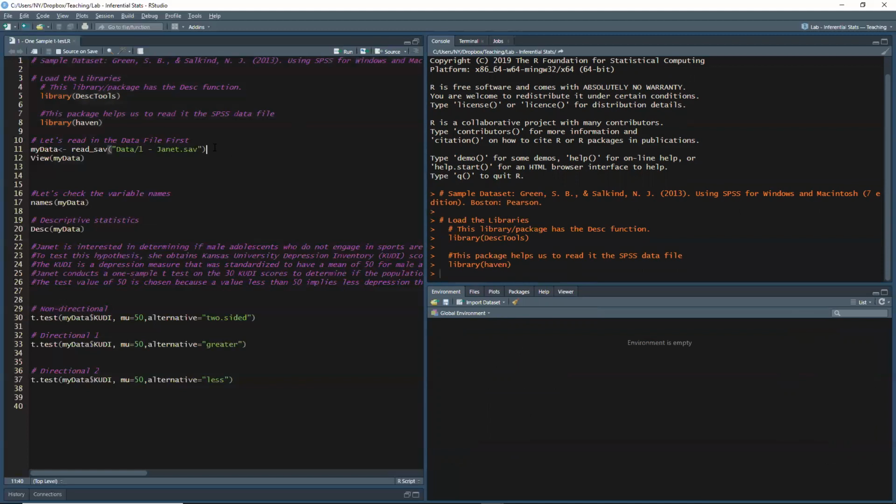Line 11 helps us read in the data set, but let's do it step by step. My data is how I am naming the data set that I'm going to read in. This little sign here, less than and hyphen, is called an assignment operator. Anything on the right I'm assigning to the left with the assignment operator. read_sav comes from haven. SAV is an extension for an SPSS data file. So read underscore sav, basically, is saying